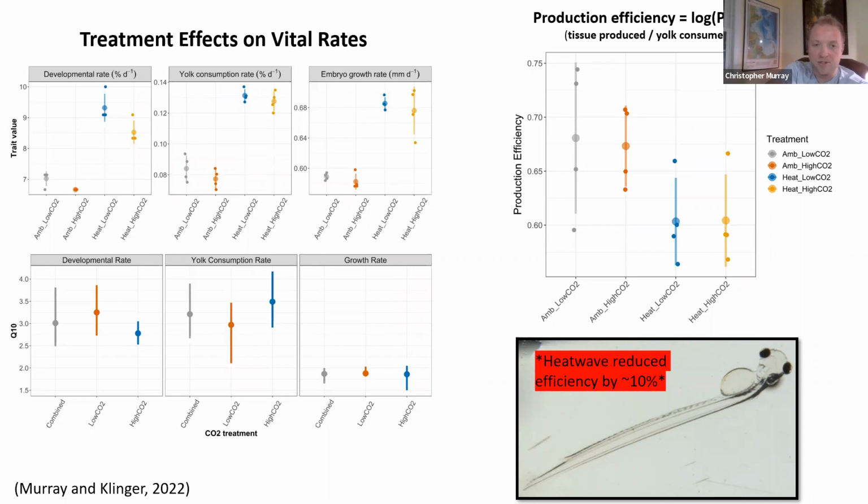production efficiency, which doesn't sound like a lot, but size is everything when it comes to the survivability of these early larvae with respect to predation, starvation resistance, and hunting success. So the fact that they're ending up with this 10% reduction in production efficiency could be the difference between having a boom year and a bust year. But again, one of the key findings is that I found no evidence that CO2 affected production efficiency on top of the heat wave.